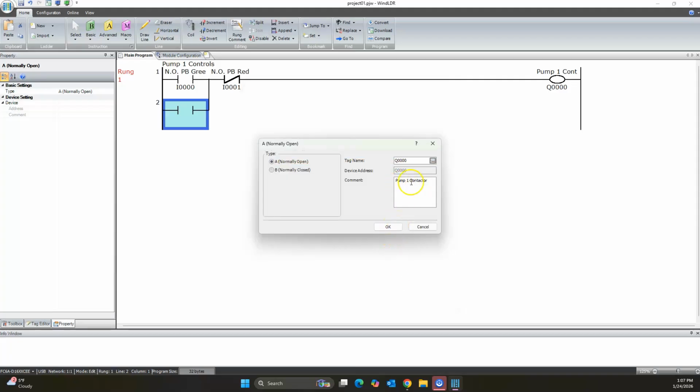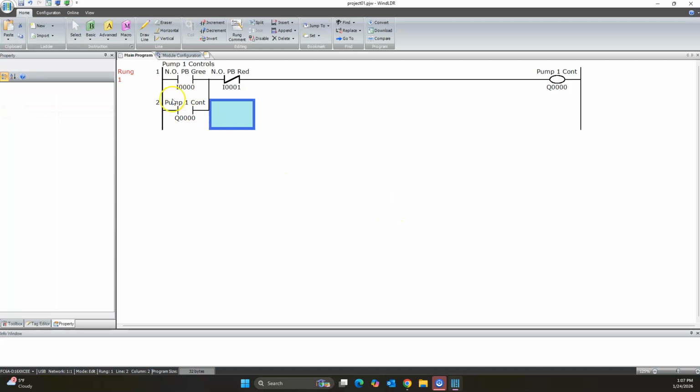relay-based ladder logic. So I've got my contactor, pump 1 contactor. This would normally be our auxiliary contacts, right? So it'd be like a 13, 14 would be the contact terminal numbers, and that's our first pair of normally open contacts on a contactor, right? But because it's associated with this device, this address, it's going to be Q0 over here. So anytime this changes states, this is also going to change states simultaneously, just like auxiliary contacts would on a